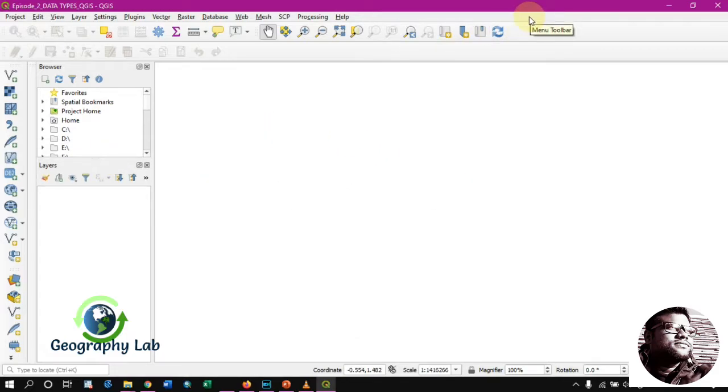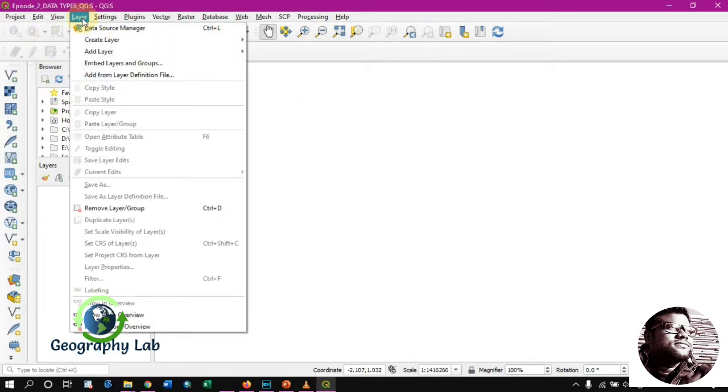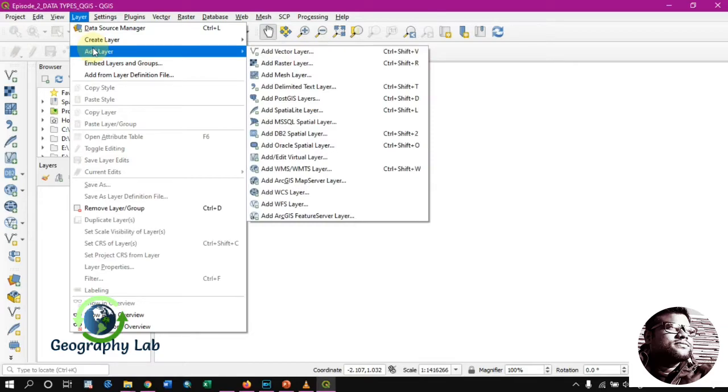For adding data in QGIS, there are basically two to three options. The first option is from the Layer menu, then Add Layer. Then you have to choose what kind of layer you want to add. First of all, I want to add the vector layer, so I can go to vector layer.